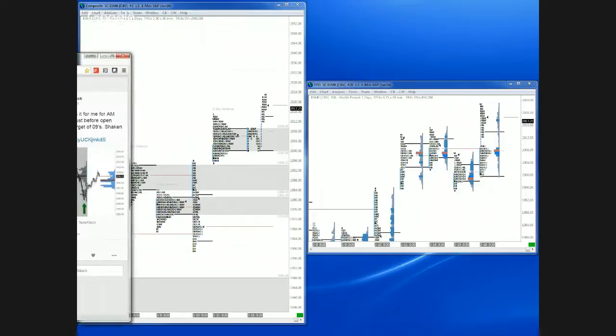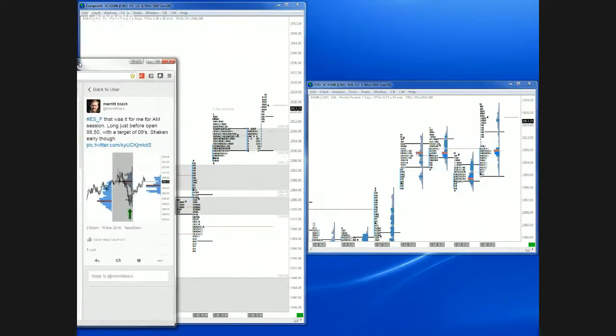I can share a tweet with you here. Again, very early in the morning, 28 minutes into the open, and I said, that's it for me today. 09s was the target. I didn't quite hold to the target. I got shaken out on this area right here. Nonetheless,